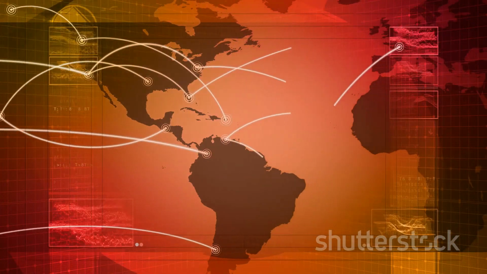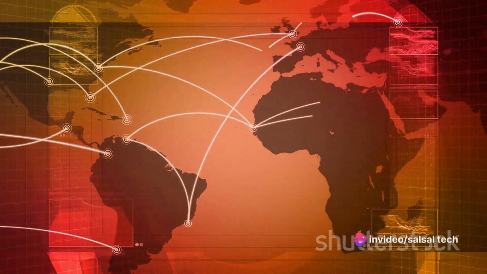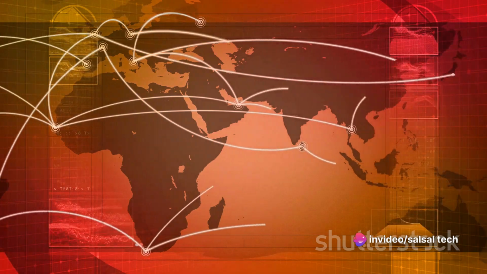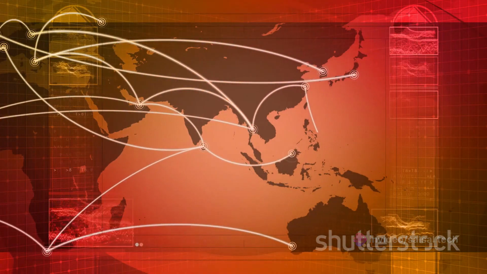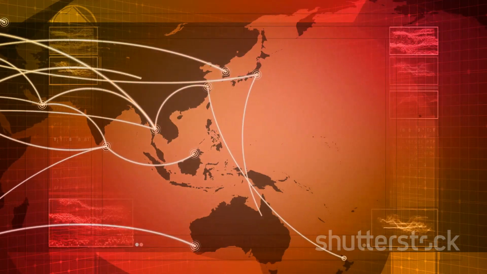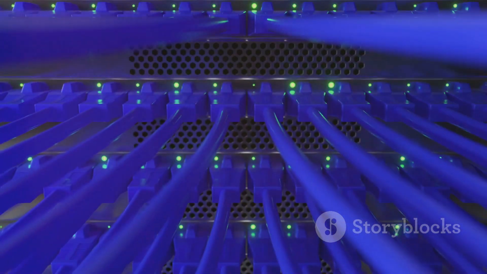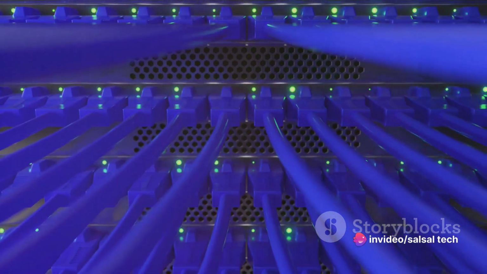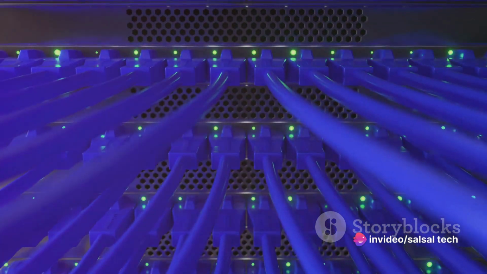Suppose we have a Class C network with an IP address range of 192.168.1.0 to 192.168.1.255. If we want to create 4 subnets, we would divide the total range into 4 equal parts. Each subnet would then have its own range of IP addresses, providing a more manageable, efficient, and secure way to